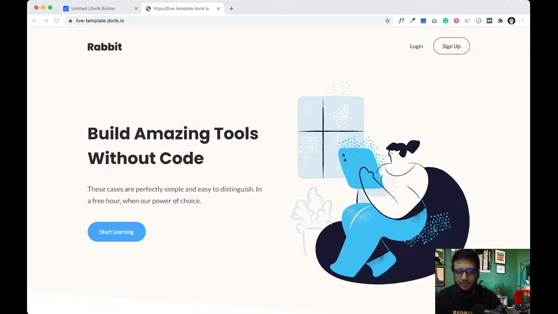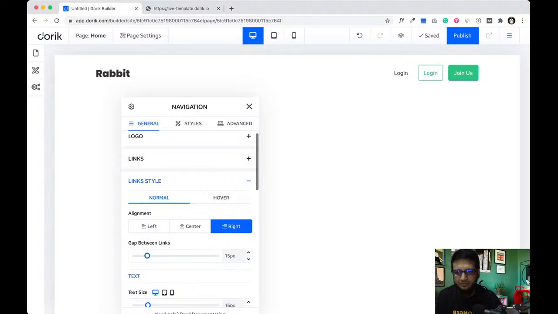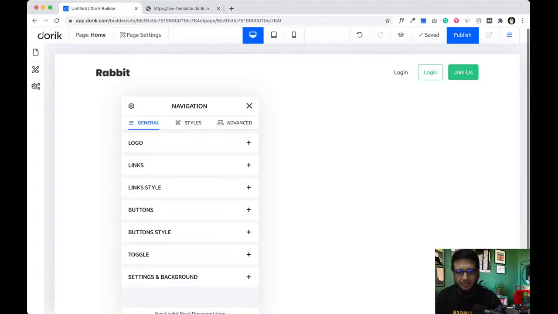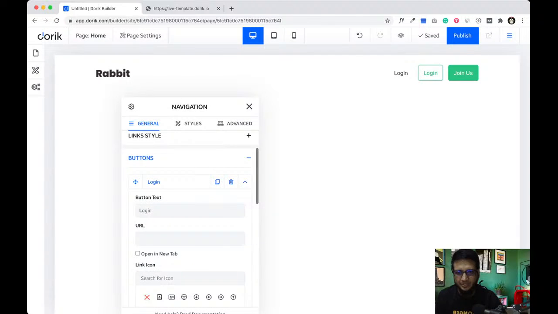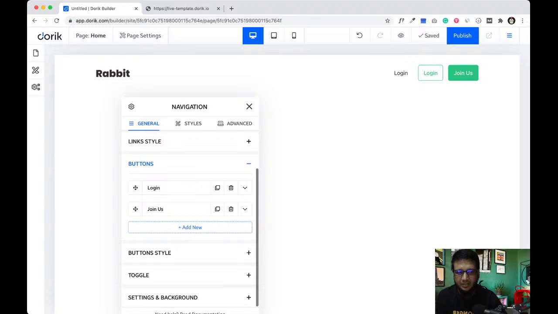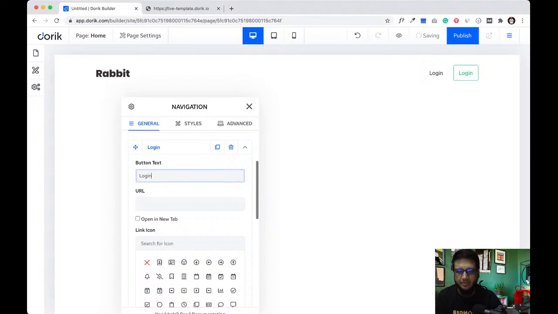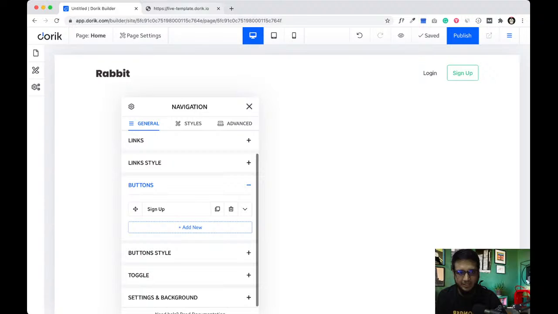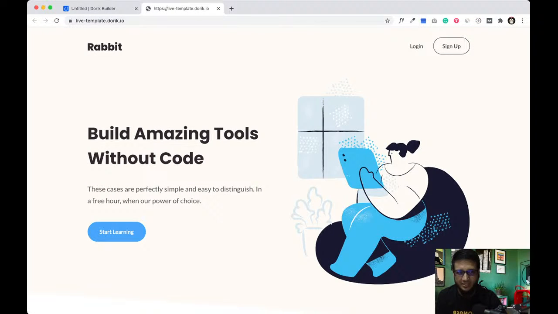We are just gonna add a button. We have 2 buttons already, so I'm gonna just delete the second one, and I kept the first one. We are gonna name it sign up. Okay, sign up. And it has some radius, and its border color is different, and text color is different.